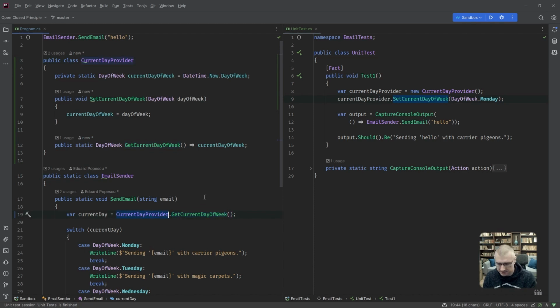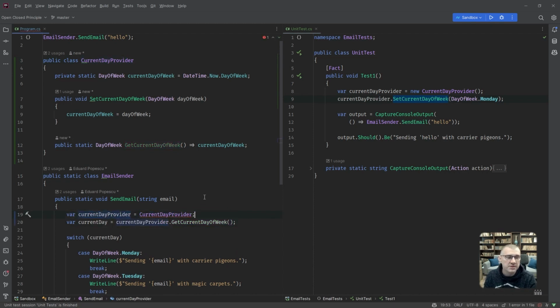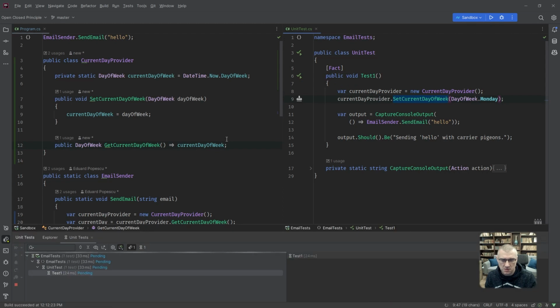Okay, let's see how. I introduce a variable, just like in their current day provider. Okay, let's create a new instance in here. And all we gotta do is make this non-static. Let's see. Run. And it works.